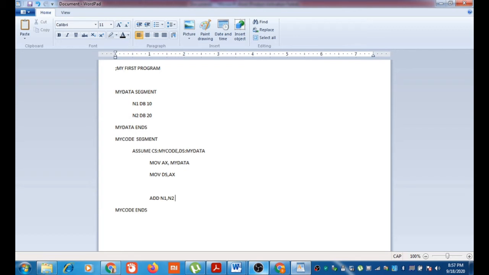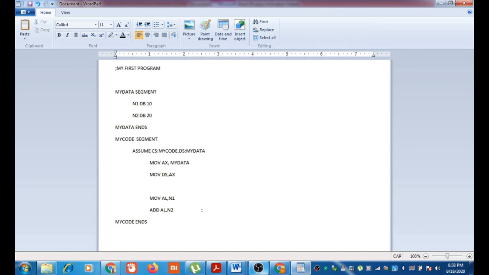For that purpose, I have to take one operand into a register. I am using the AL register, mov AL comma N1. The first number goes to the AL register, then add AL comma N2.